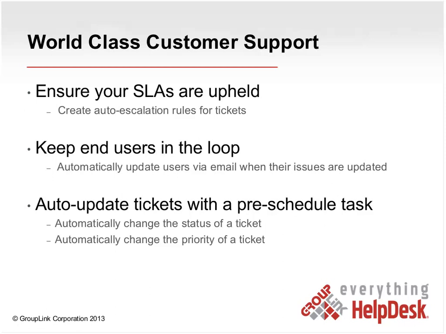Now, say a ticket comes in, and for a couple days it sits there. Let me give you a better example. Say that a ticket comes in, and based on the category selected, we know it's going to be a high priority. This is broken. It needs to be fixed immediately. Then we can automatically have the help desk update the priority. If it's an important machinery or something that breaks down, hey, it's going to switch it to high priority or critical priority immediately